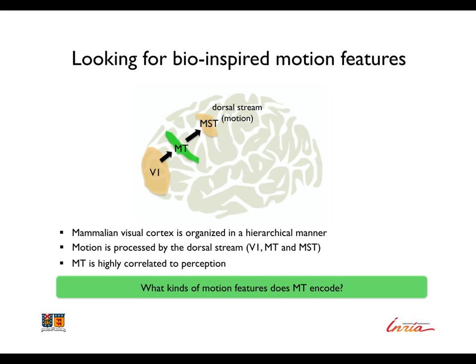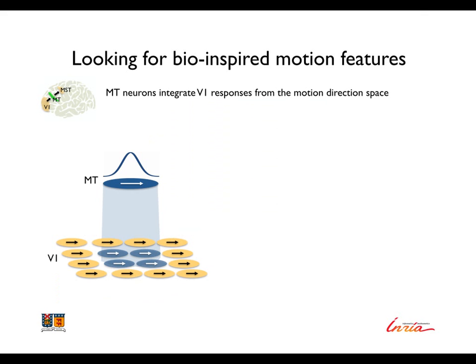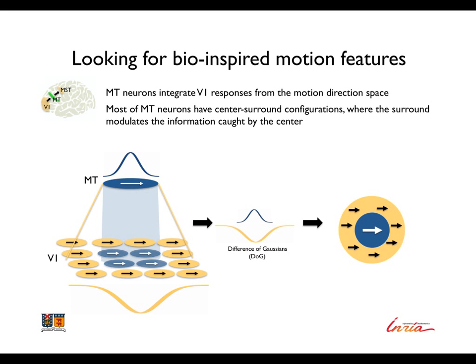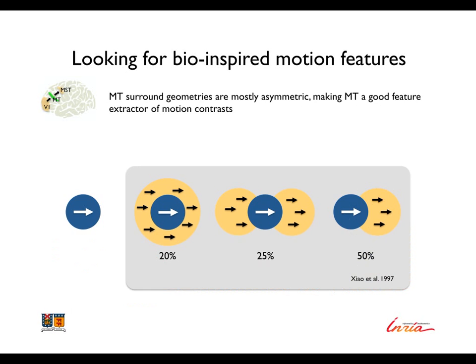So, what kinds of motion features does MT encode? MT neurons integrate V1 responses from the motion direction space inside the so-called receptive field. Most of MT neurons have centers around interactions where the surround modulates the information caught by the center, in most of the cases in an inhibitory manner. Different types of centers around interactions have been observed at the level of MT, mainly based on the shape of the inhibitory surround. Interestingly, the shape of the inhibitory surround is mostly asymmetric, making MT a good feature extractor of